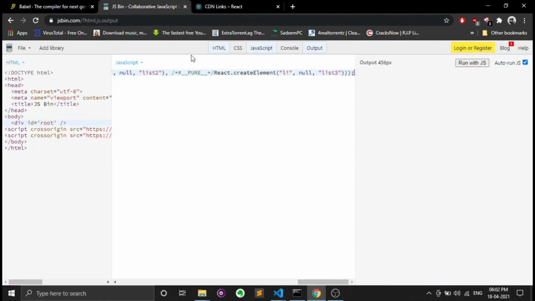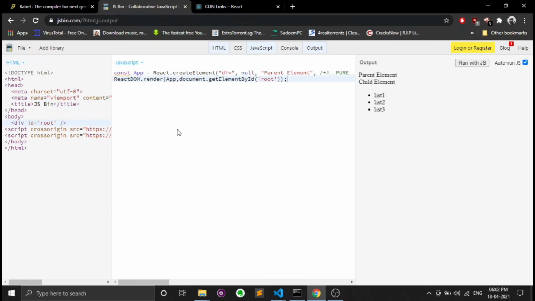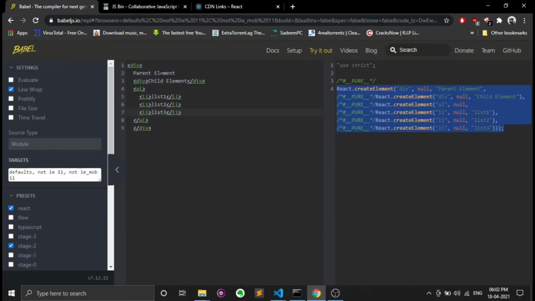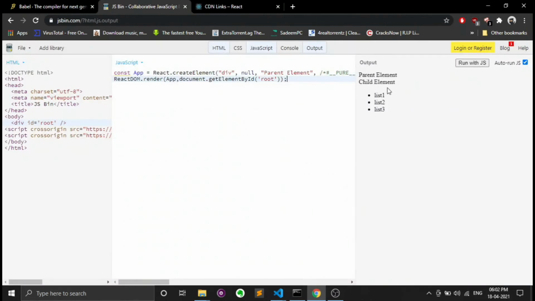Okay, to see the results, we can see the results. We have a parent element over there, the second is the child element, and the third is the unordered list. So you can see the result over there.